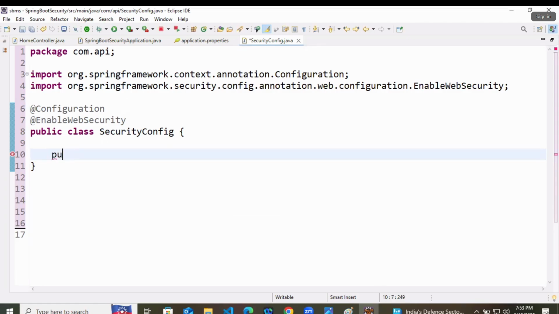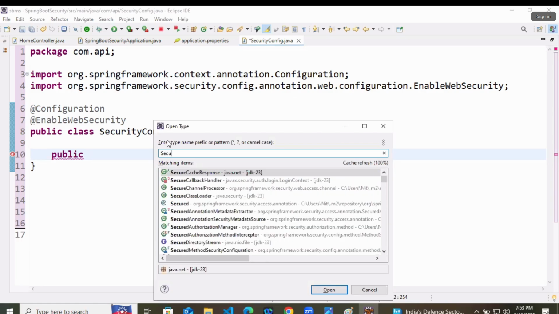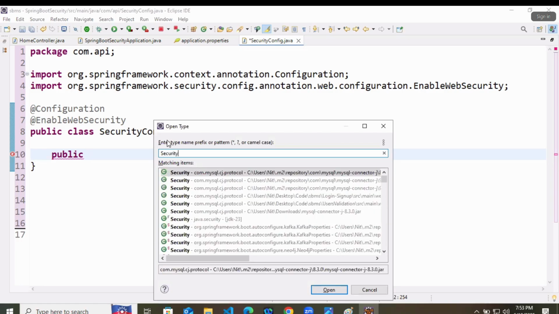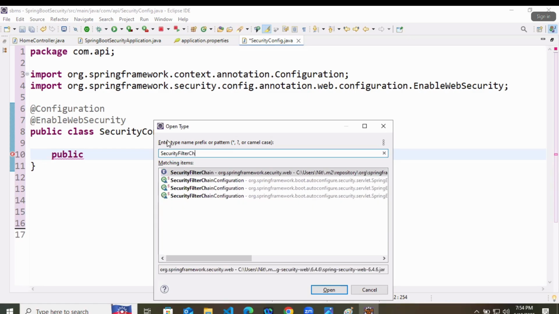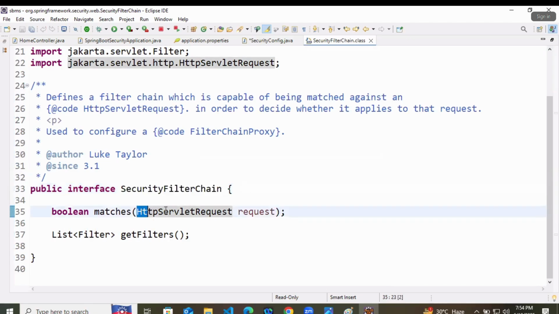Now inside this, we will create one method. The return type of this method is going to be SecurityFilterChain. And what is it? It is an interface, which I was using to print the session ID with the HTTP servlet request.